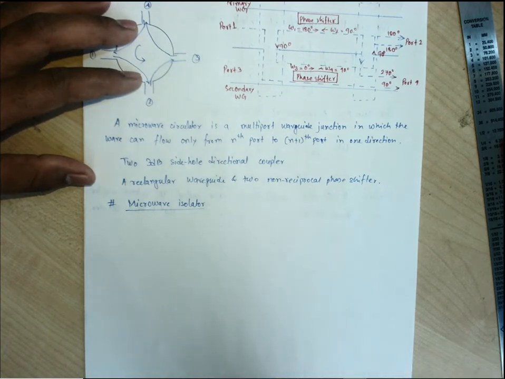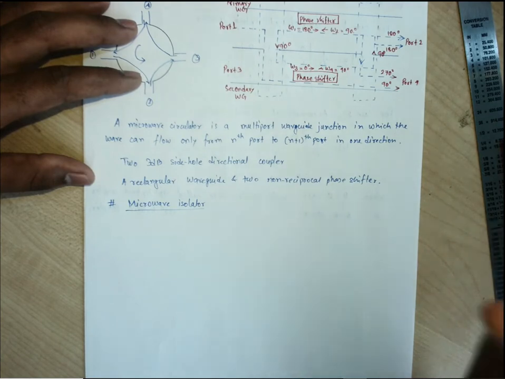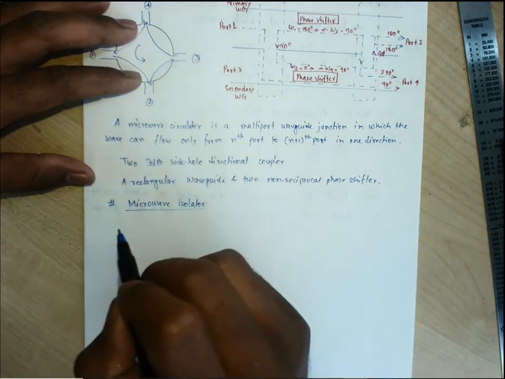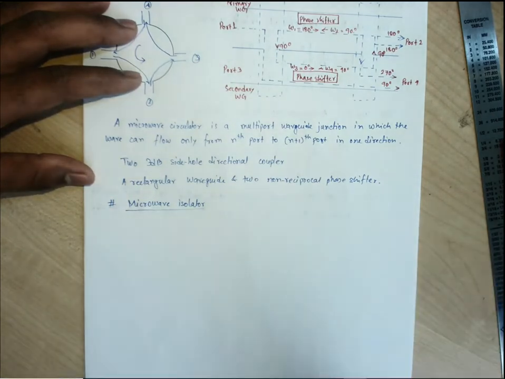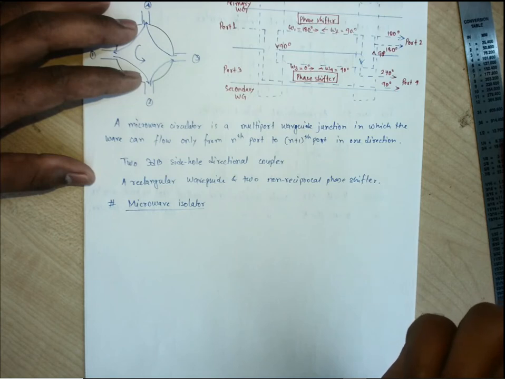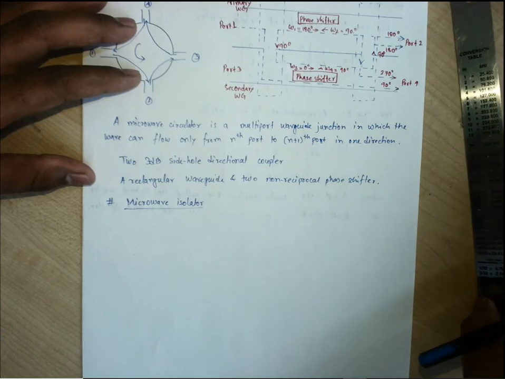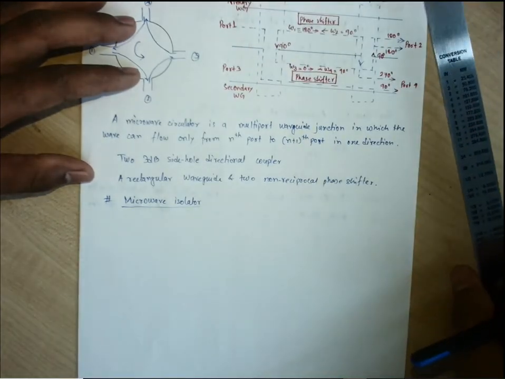So when the wave is propagating in a waveguide and some device is connected, if a mismatch occurs due to the impedance difference between two devices, then the wave may reflect back towards the source, and if these two signals are added in phase, that may destroy the source. So that's why isolators are most important to use in microwave devices. One of the most popular waveguide isolators is the Faraday rotation isolator.